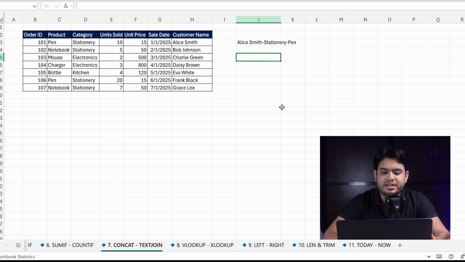Now the next function is TEXTJOIN, and it works as CONCAT only. So how it works, let me show you. The formula is different, but the work will be the same. Okay, now let me explain the formula here. So here I'm writing equals to, then I'm writing